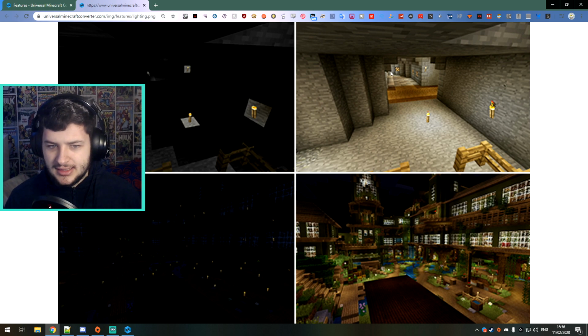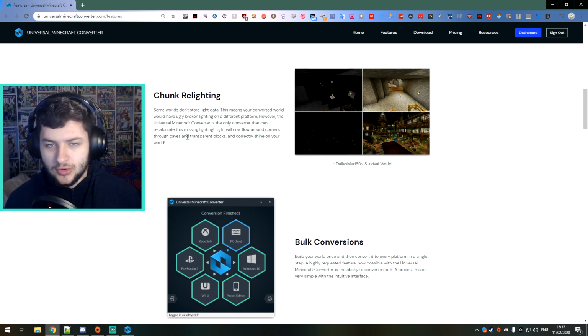So you'll see here, this is how the room should look, and this is how this big spawn build should look, whereas it's fully dark here but there's tons of torches that aren't working. So lighting is really important. So with block calculation and lighting, all of your worlds should look as good as they